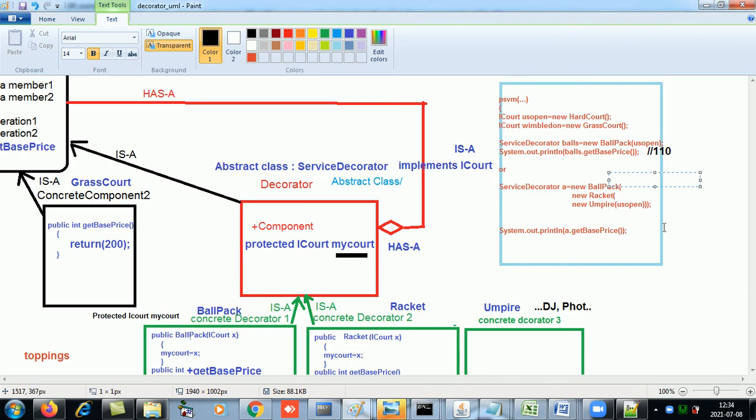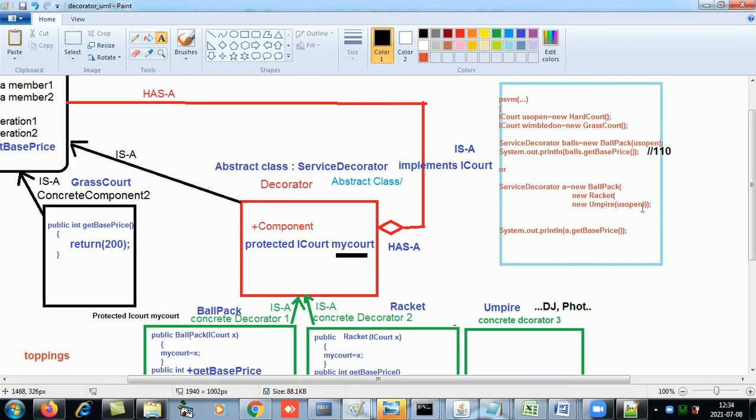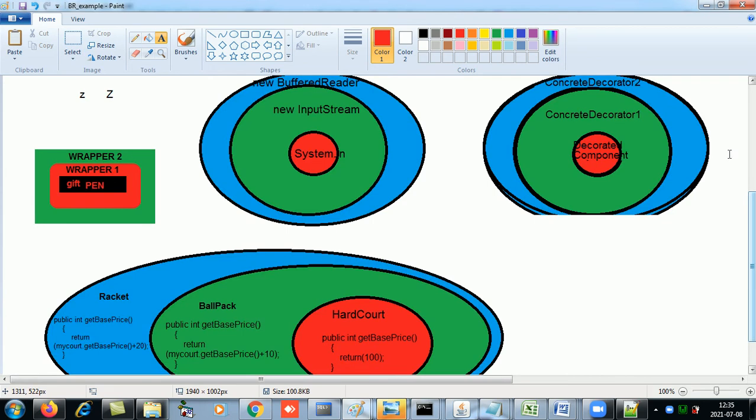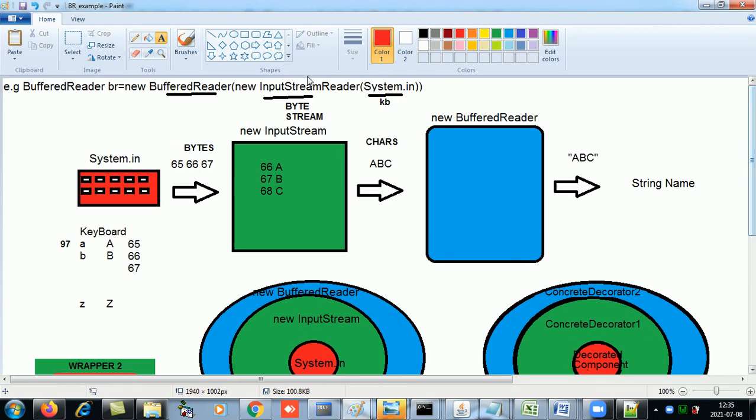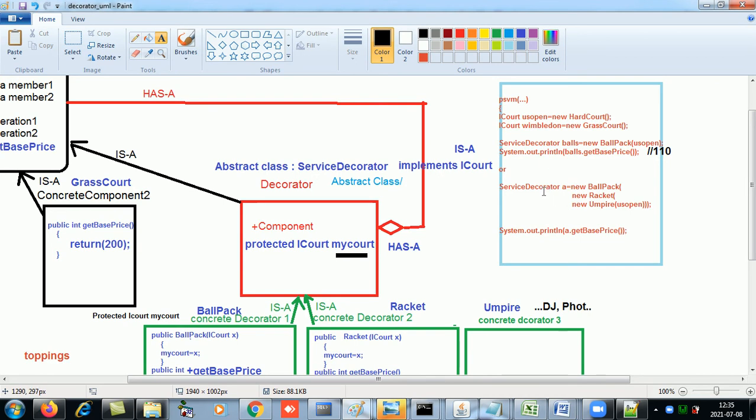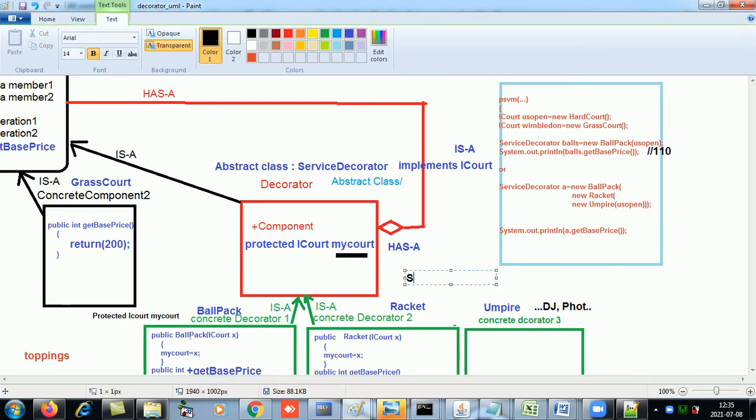What you can do is usOpen to new Umpire, then this to new Racket, and this to new BallPack, like how we have done with new BufferedReader, new InputStreamReader. So you can say ServiceDecorator, I didn't have space over there, so SD, give any name to it, A equals new BallPack,